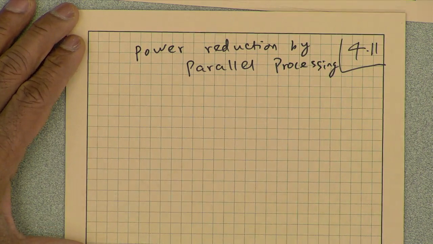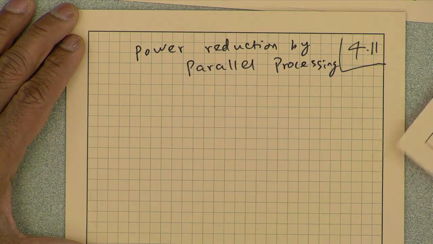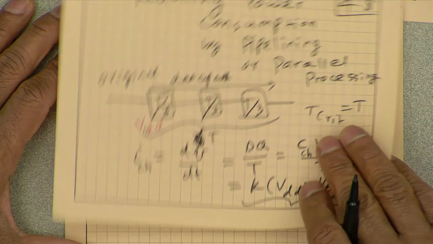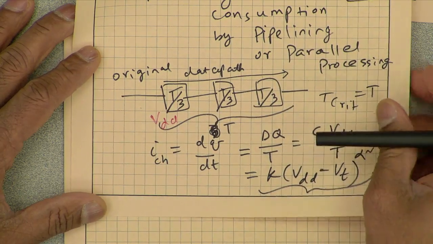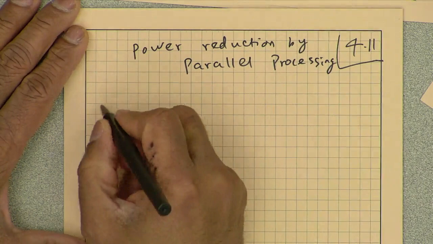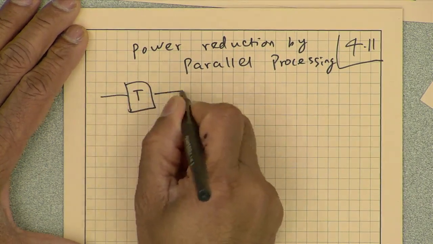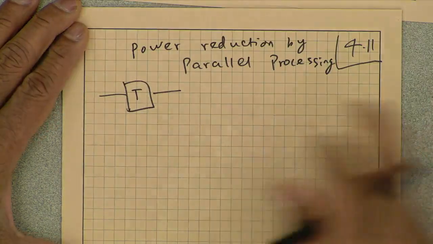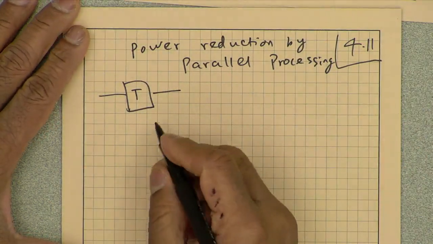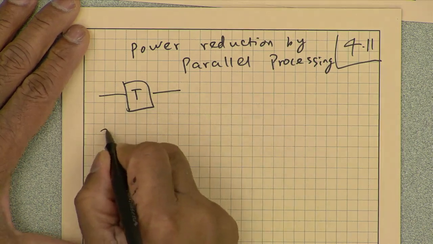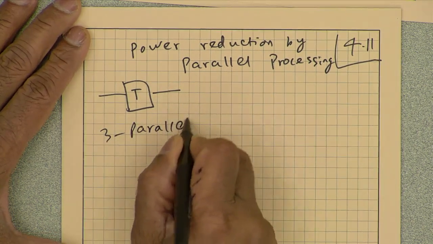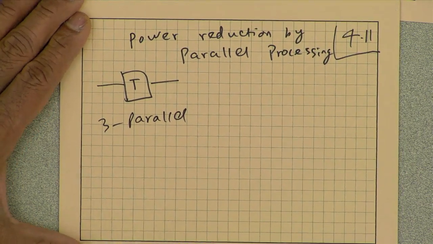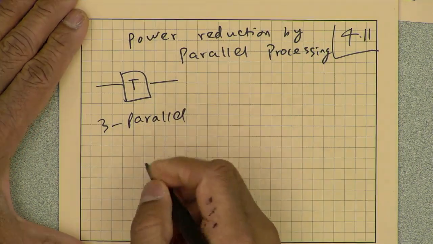So if I go back to the same example that we had initially, we had a data path that we were clocking. So this circuit, we had this data path that was being clocked with period T. I have just put these 3 together into one block and called that the propagation delay of T. Now let's say we have a 3 parallel system. We have talked about parallel digital filters, if you want to think about that.